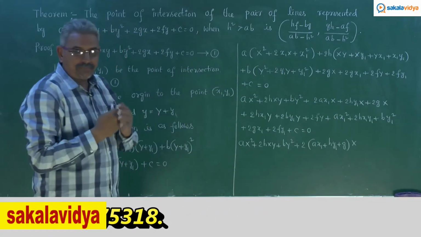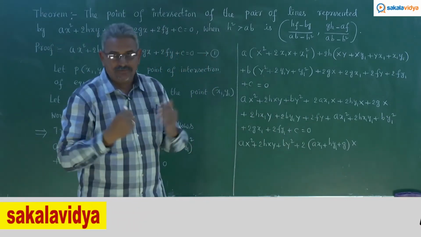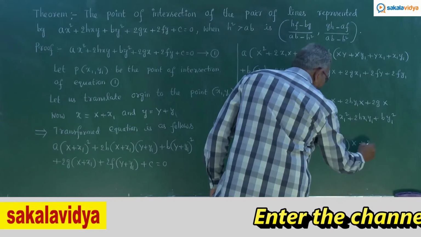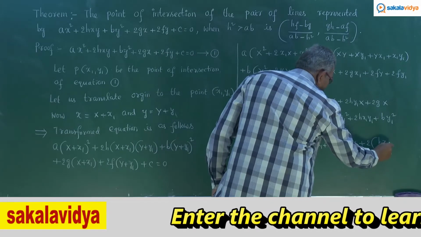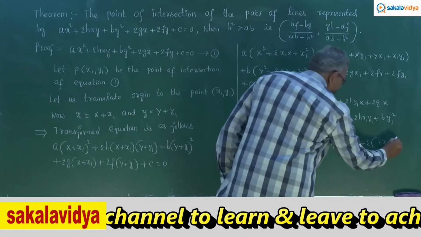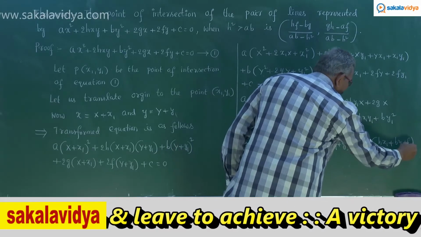So, in the similar pattern, from the next three terms, let us take 2 capital Y common. So, we get now 2 times hx1 plus by1 plus f of capital Y